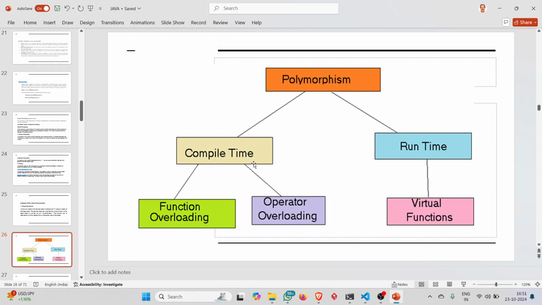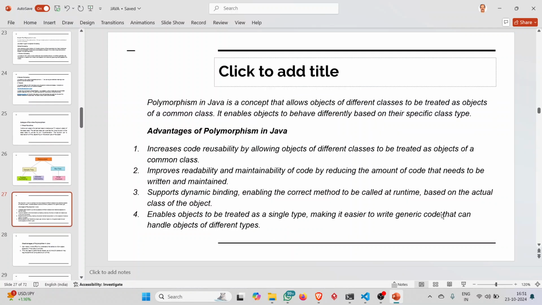Then we have seen this diagram. We have divided polymorphism into compile time and runtime. In compile time, there is function overloading and operator overloading, but operator overloading is not there in Java. Then runtime is divided into only virtual functions. So these are the ideas about all of this. Then coming to the advantages: code reusability, improved readability, and it supports dynamic binding, enables